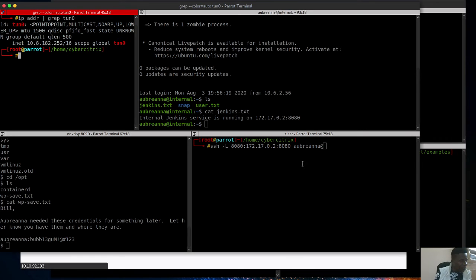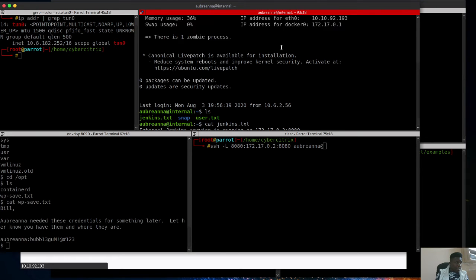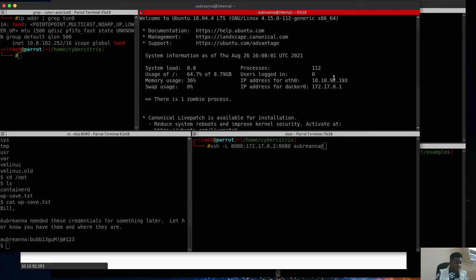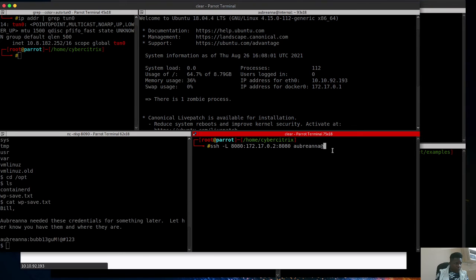Okay, so we're going to log in to the Docker from this Breanna session we have here. The IP address of the box, I believe, is this. So Breanna logging in from the box to the Docker, 10.10.92.193. This is actually called pivoting. What we're doing now is pivoting. If it works,